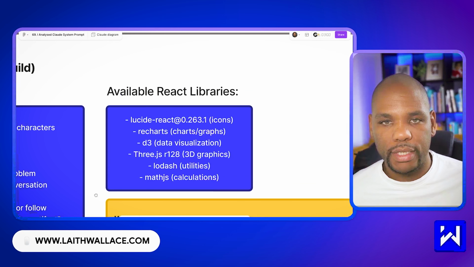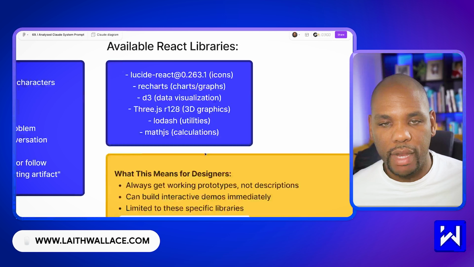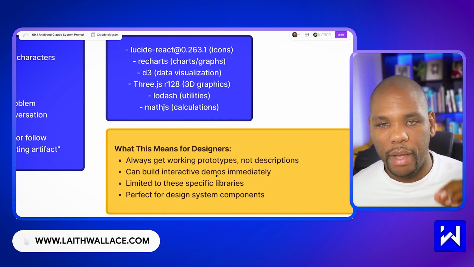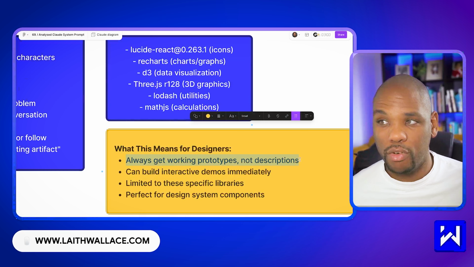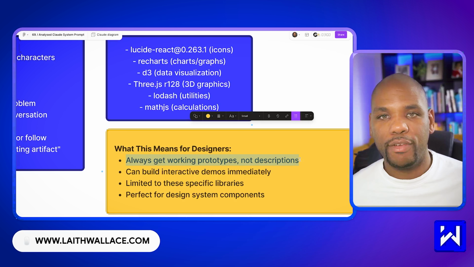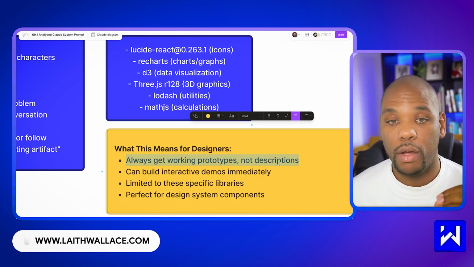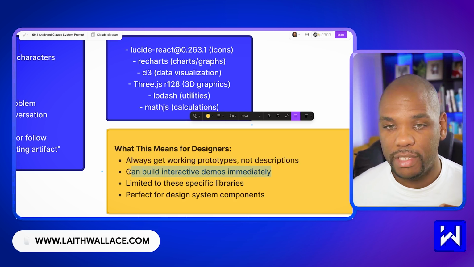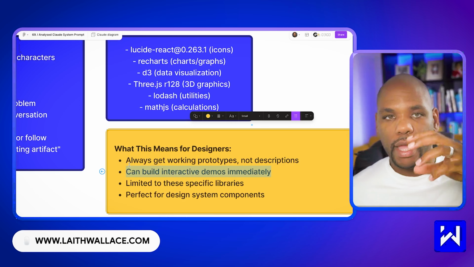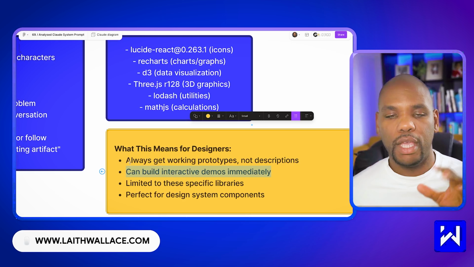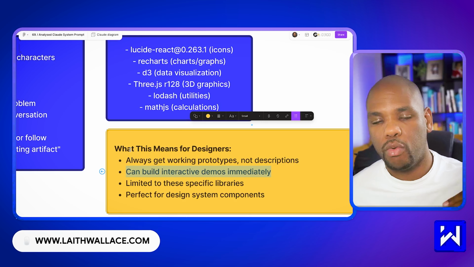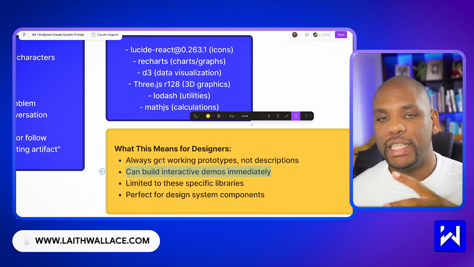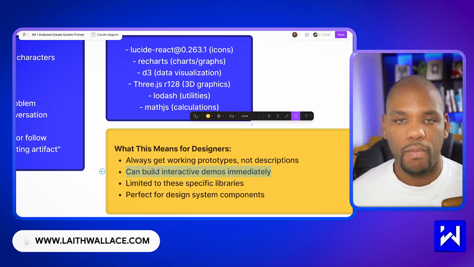So always, see, it's got these key libraries. That's not really anything you need to worry about. But the main thing for us as designers, always get working prototypes, not just descriptions, right? It's going to be really essential for us to think about that as well. Can build interactive demos, which can be super valuable for us as a designer if we want something to really work through this user journey for me. Here are the states, break down the states, the user journey, and then you can walk Claude through how you want that journey to function, and then it can actually build out a simple prototype for you or simple steps